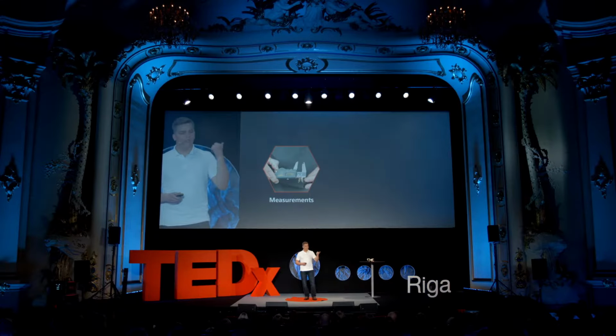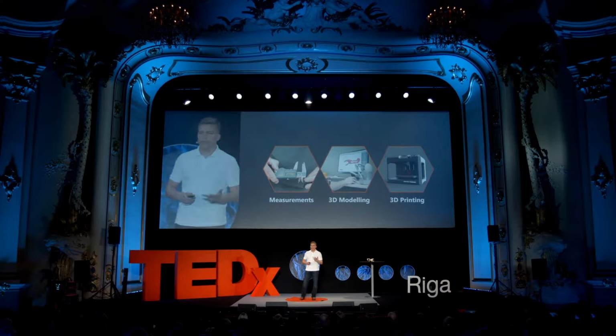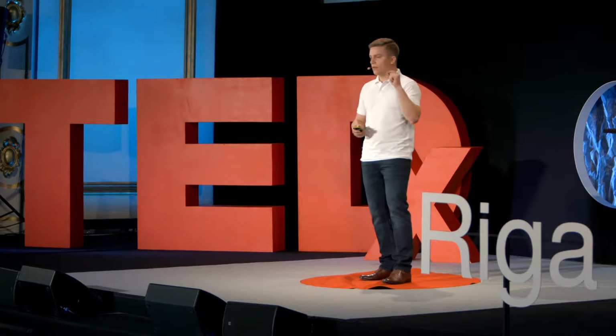First of all, we took measurements, we did some 3D modeling, we 3D printed and assembled the prosthesis, and for this to be possible, we needed him over for several fittings, for repeated tests. And evidently, the repeated process of manually collecting these measurements and remodeling the 3D design over and over again is what took us most of the time during the period of 2